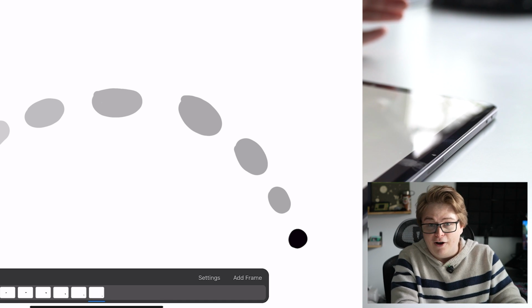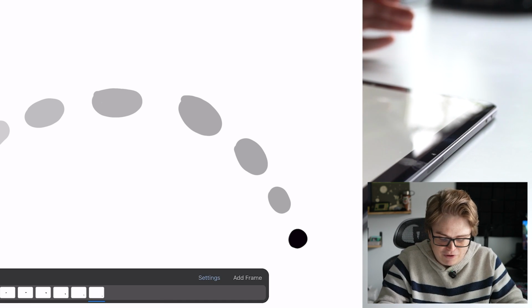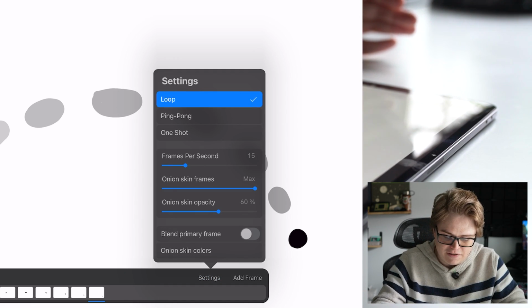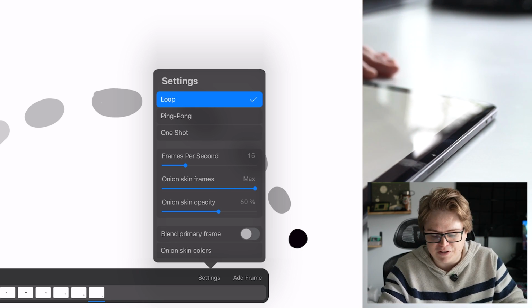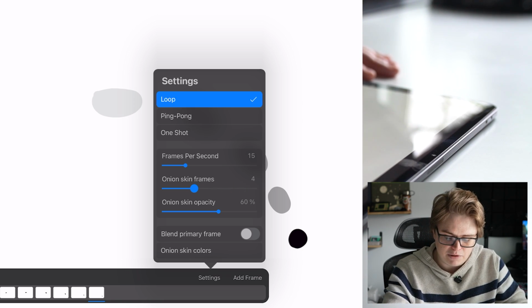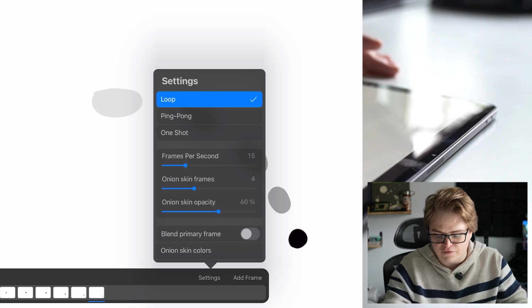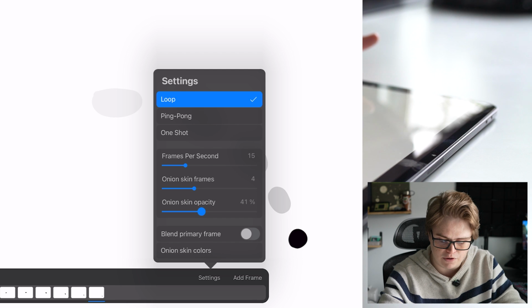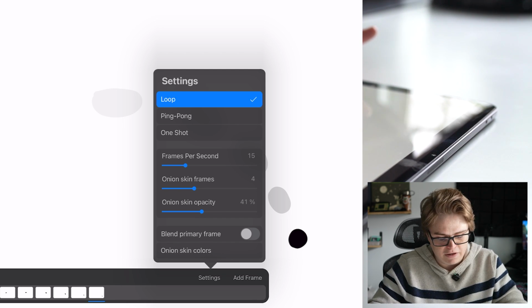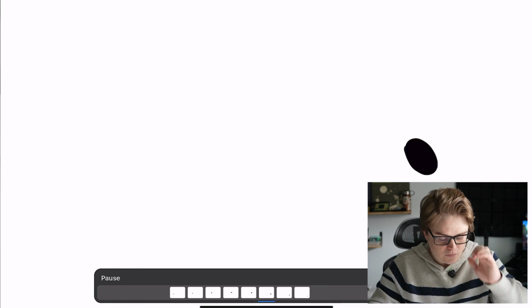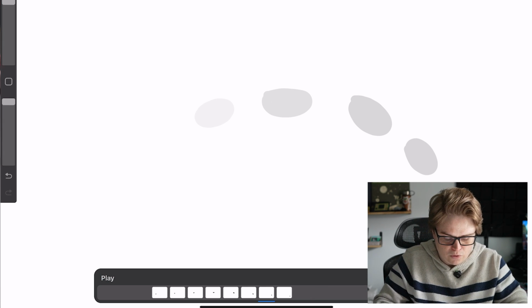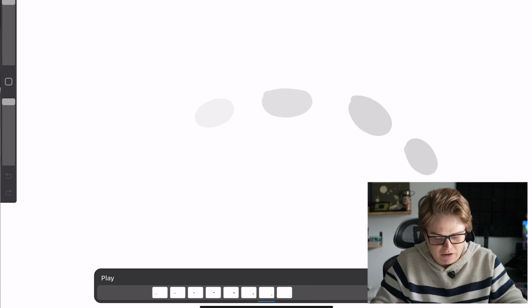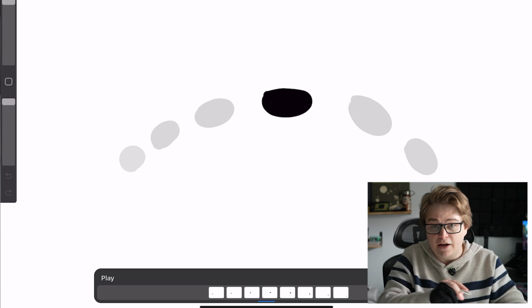If you don't want all of those onion skins, what you can do is click on settings, and right now we have our onion skin frames set to max. I'm gonna bring this down to like 3 or 4. This will help them be a little less distracting. You can also lower the opacity a little bit and make them not as opaque. So now, when I go back and forth in my animation right here, I will have 4 frames ahead and